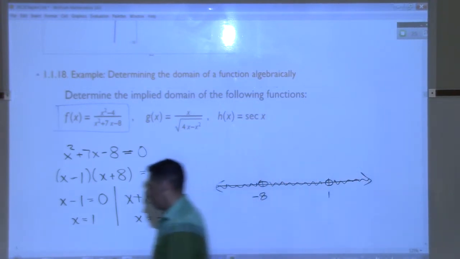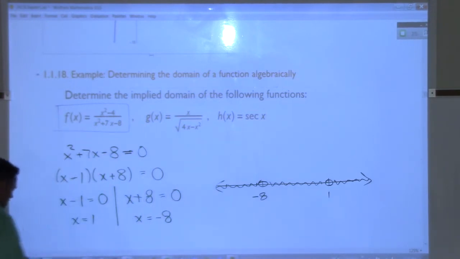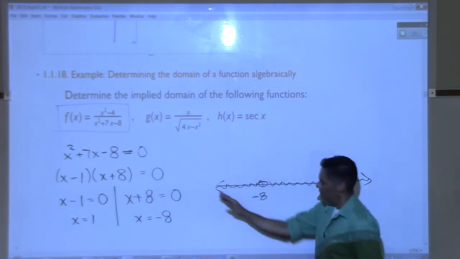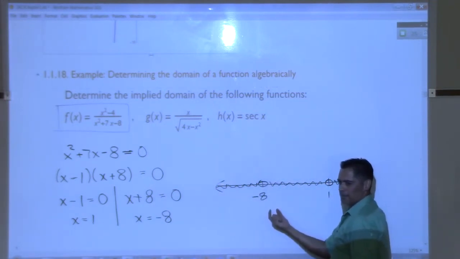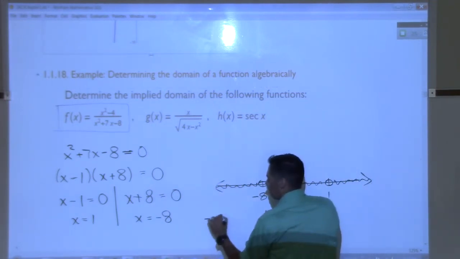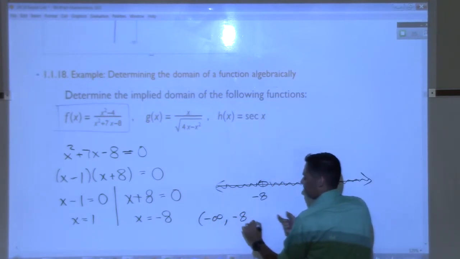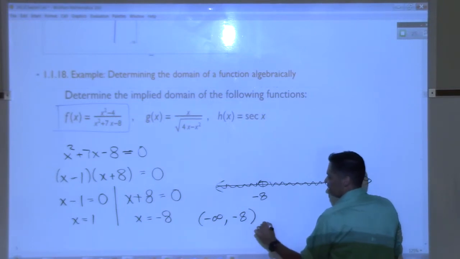So there's an easy way to do it and a hard way to do it. Elijah? Yes, Elijah? Any idea of how we could write that in interval notation? Negative infinity, parenthesis in front of it, right? Yes. Comma, to negative 8, parenthesis, union,